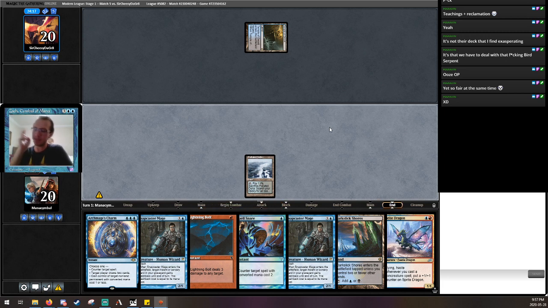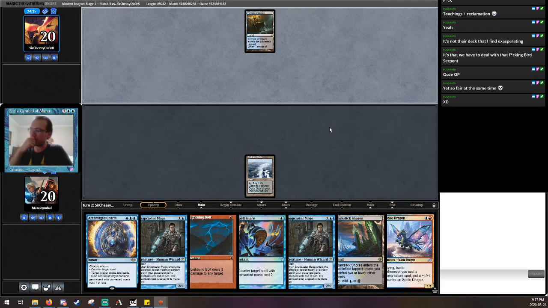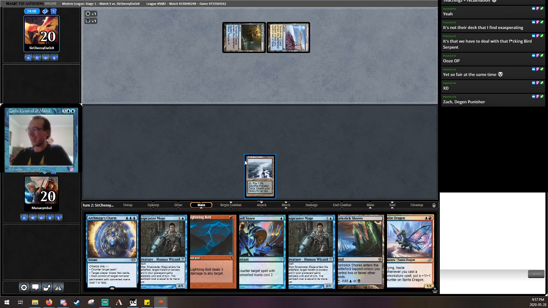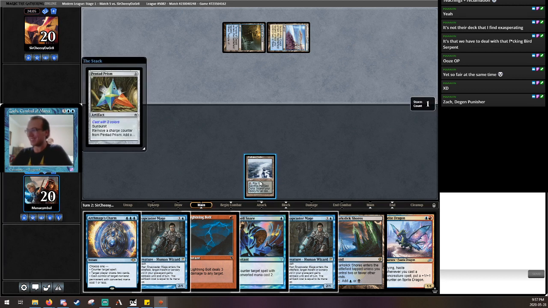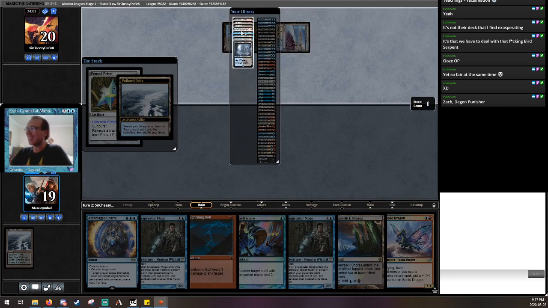Hopefully they play Pentad Prism this turn. We get to Spell Snare it. Pentad Prism. Yeah, you kept the hand that had all your good cards. Degen Punisher. Well, I mean,